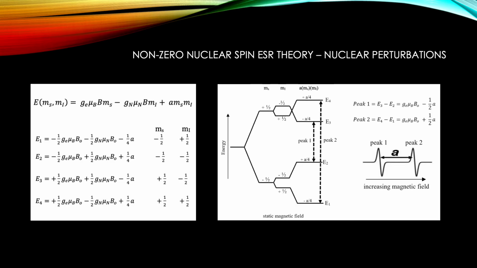When considering the effects of nuclear spin on ESR spectra, things become a bit more complicated. Since copper has a total nuclear spin of 3/2, it falls into this category. From quantum mechanics, we take the total energy of the system, shown here. Since there are 4 different combinations of Ms and Ml, we can obtain 4 energy solutions for the equation, shown